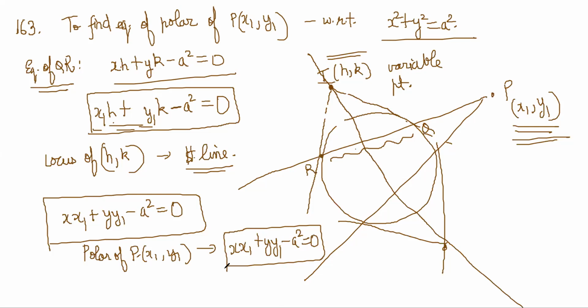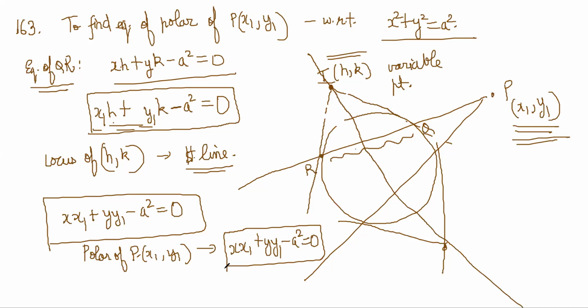So how did he get this? He said, let's say P was my point. I drew a chord which is at Q and R, and by definition, to find the polar, I need to find the point of intersection of the tangents at Q and R. Let's say that point was variable because my chord is variable, so my point of intersection will be variable. So that point is taken as hk, and he's trying to find the locus of that point.